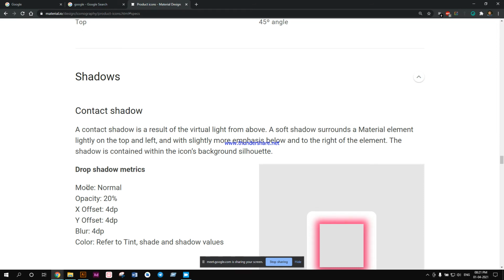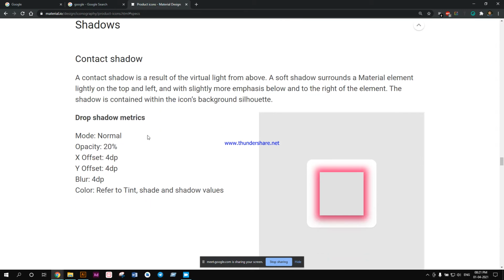Now for the drop shadow, Google has given a guideline that the mode should be normal, the opacity should be 20%, x offset should be 4 dp, y offset should be 4 dp, and the blur should be 4 dp.